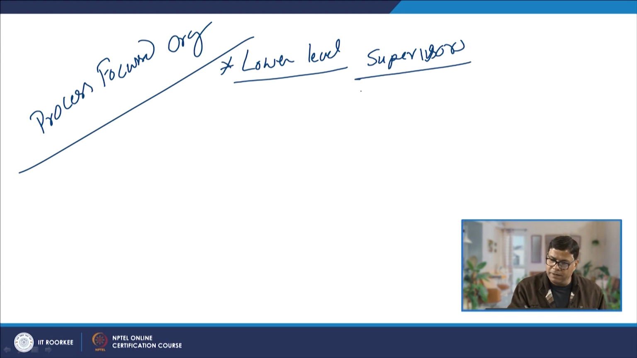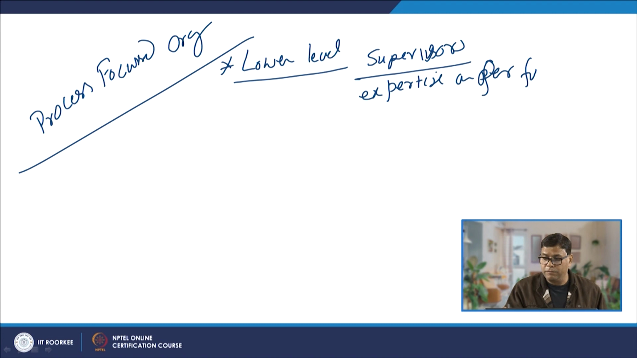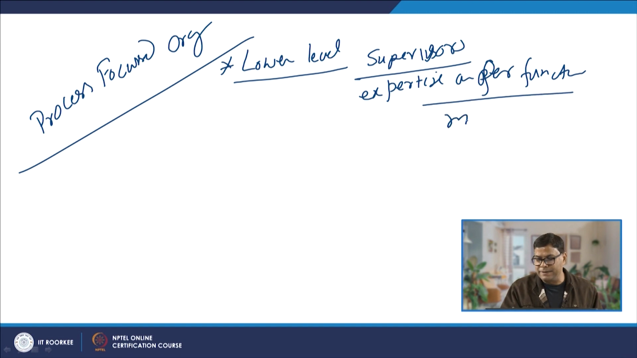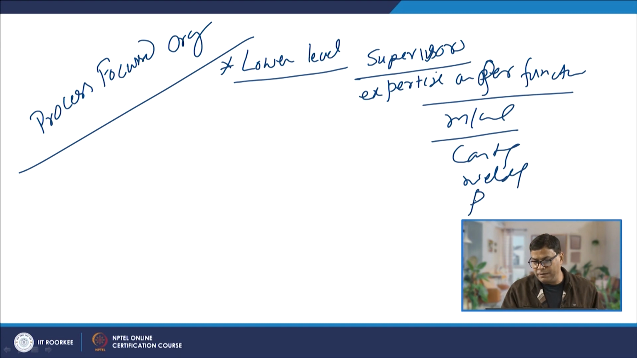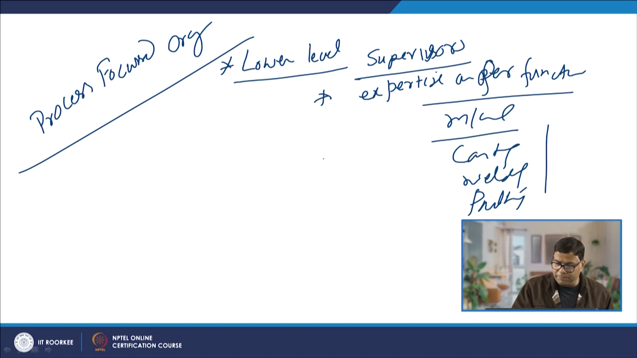Supervisors have the expertise as per the function, like supervisors having expertise in machining, then in casting, in welding, in painting likewise. So they will have the expertise in the different functions. So one thing is that they have the specialization and expertise in a particular field, and then another thing that